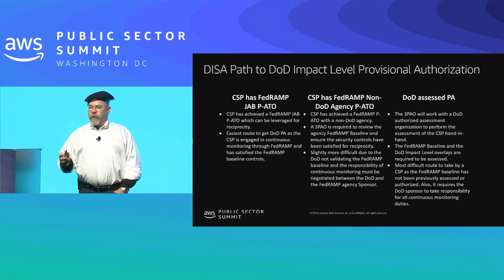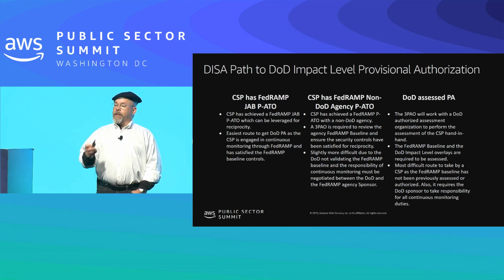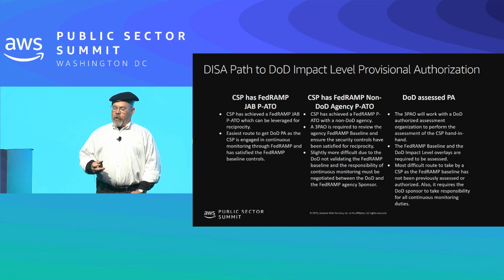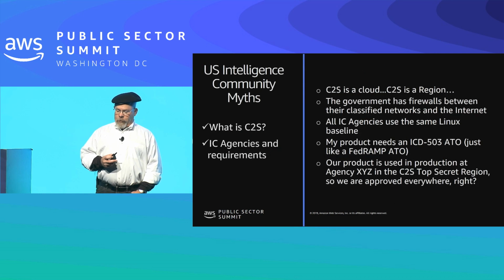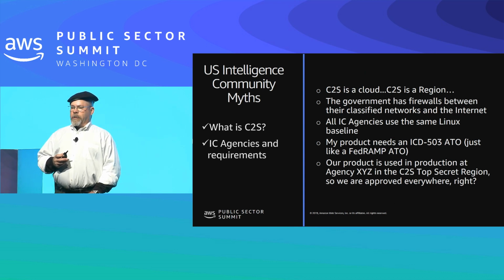It does get confusing, and so that's why, if you're smart about this, you can make a business advising other companies. And if you're just a product company and you want to play in the government environment, then you're going to want to align yourself with a consultancy that can help you. I spent a lot of time in my career in the intelligence community, so let's debunk some of the stuff there.